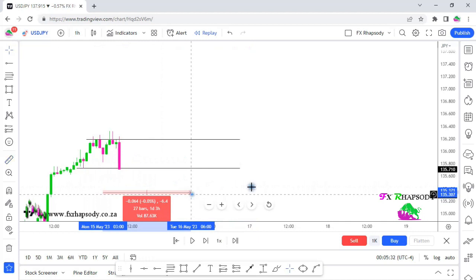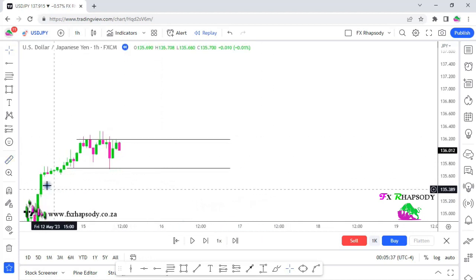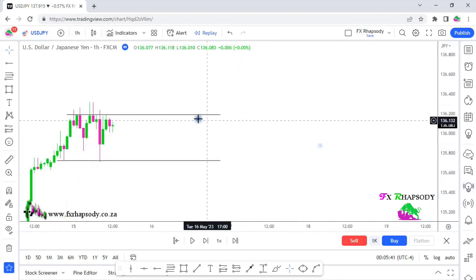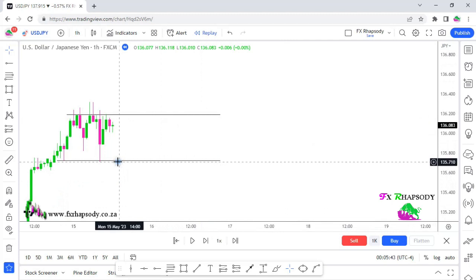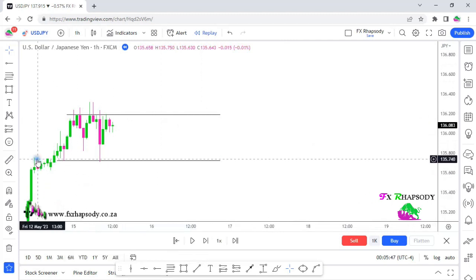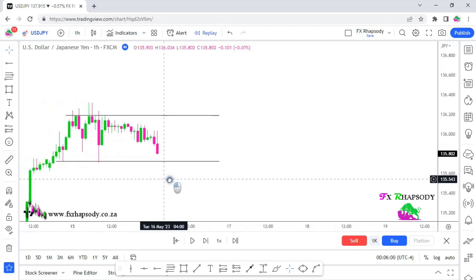So this was now the end of last week. So at the beginning of the week, we saw price, and then, like I said, I always draw these little lines just to see if I have some kind of a break in structure. I use my Fibonacci tool, I use fair value gaps, and that's the method I use to enter my trades. Okay, so we look at the 1-hour time frame, and we see that price still